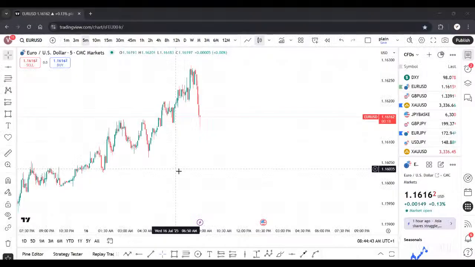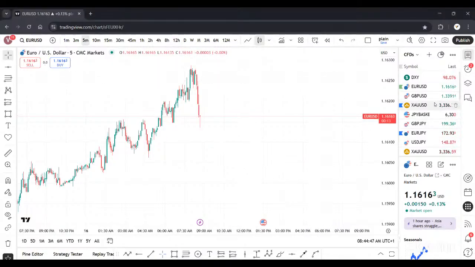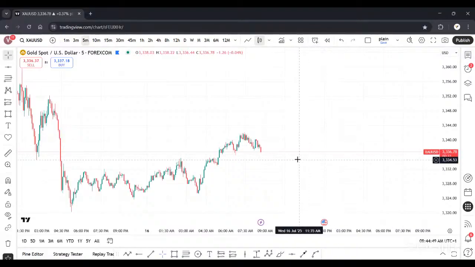Good morning, everyone. Welcome back to the market color for today, the 16th of July 2025. We're excited to have you all here, and then we'll be proceeding with the market color for today, looking at gold against the dollar, and then we're going to